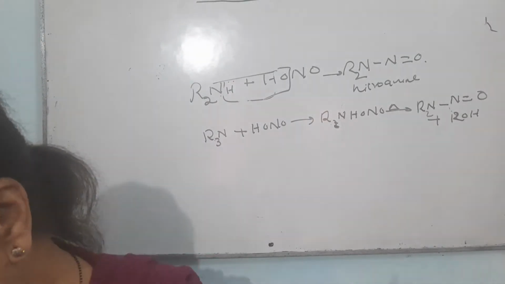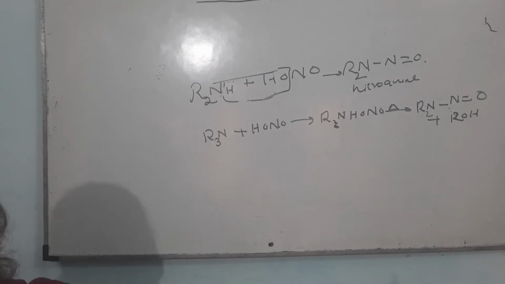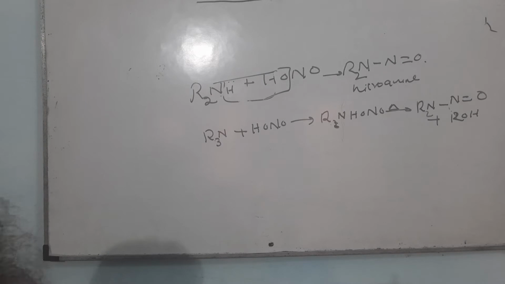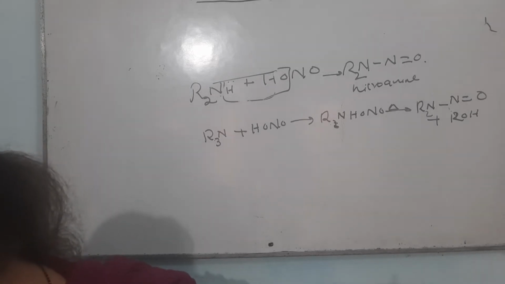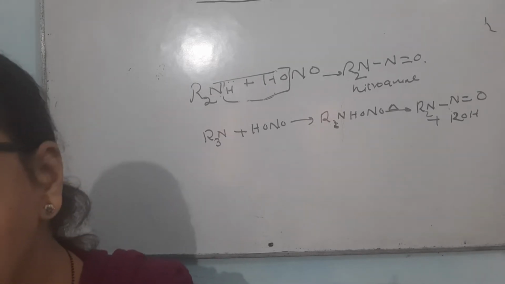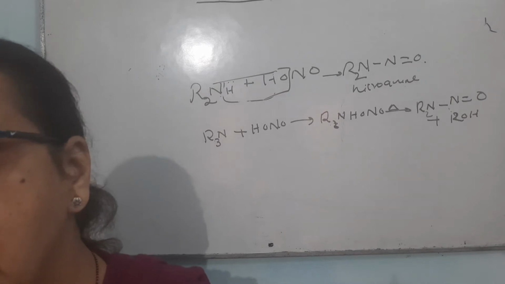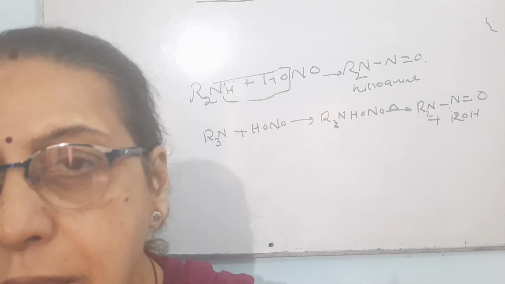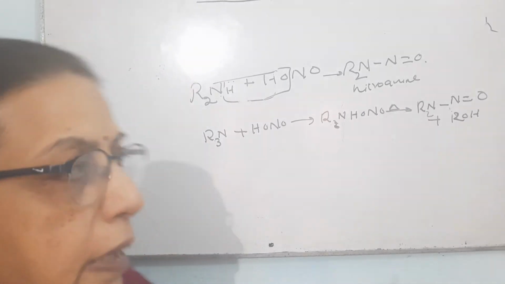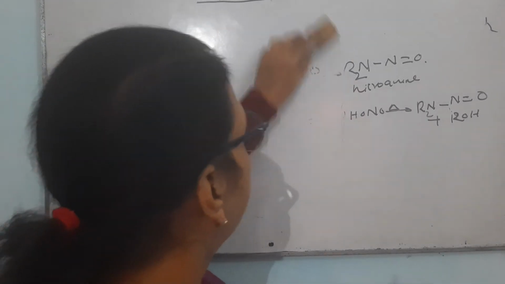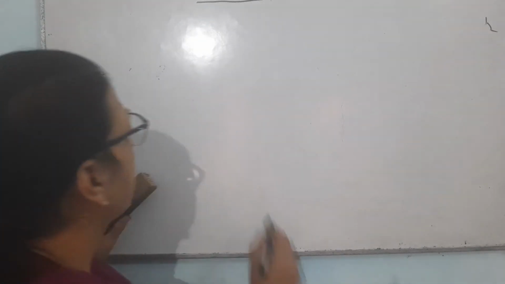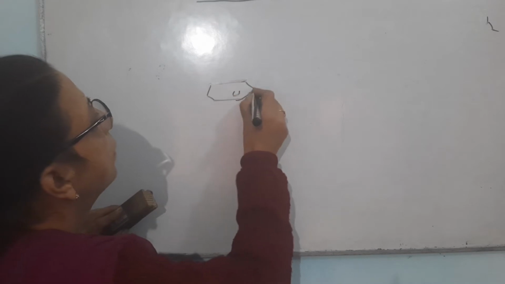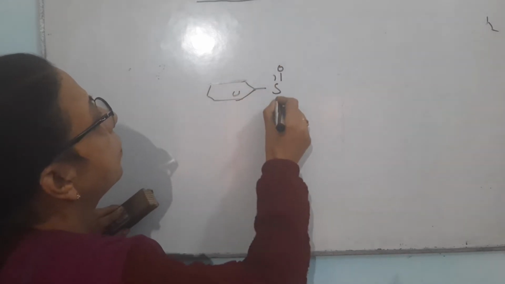This benzene sulfonyl chloride is used to distinguish between primary, secondary and tertiary amines. When the reaction of primary amine is done with benzene sulfonyl chloride, or Hinsberg reagent,